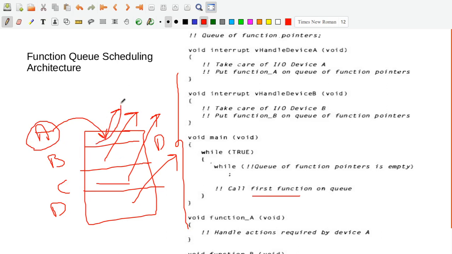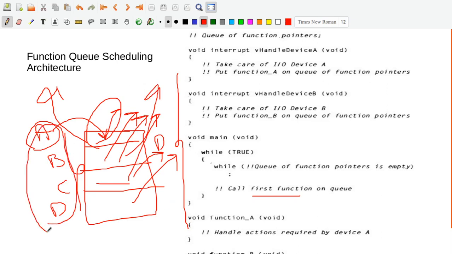Now assume that A has raised the request. Of course, B also has raised the request, C also has raised the request. Even though all these devices raised the request, what is going to be picked up first? The first function on the queue. Even though A, B, C, D all have raised the request, since you have put A in the first slot, A is going to be picked up first. Next B is going to be picked up. That is how it calls the first function, 2nd function, 3rd function and the 4th function. Even though all the devices may raise the request at a time, they won't be serviced in that order. Only based on which function pointer is put in which slot of the queue is that going to be picked up first.